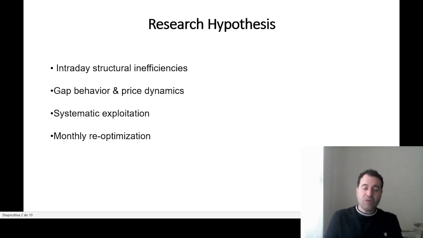The objective of this research is to evaluate structural robustness, temporal stability, and the persistence of